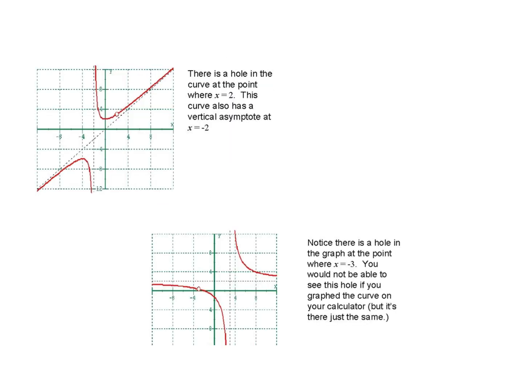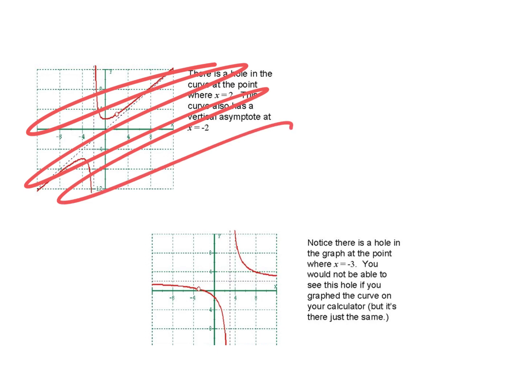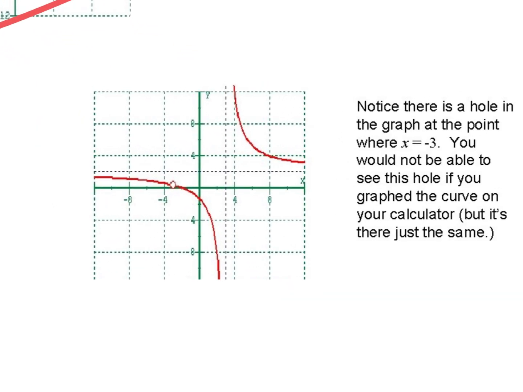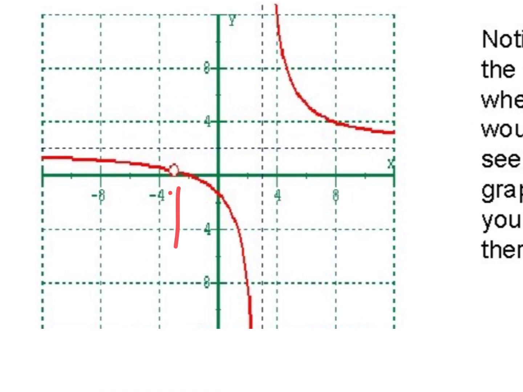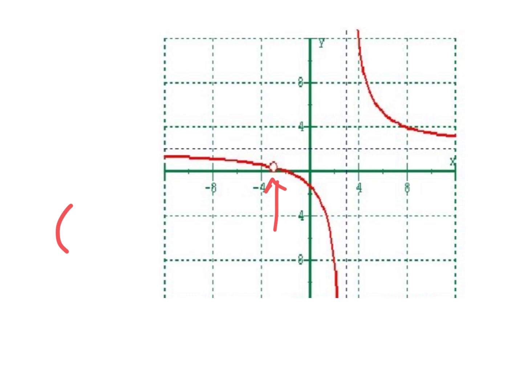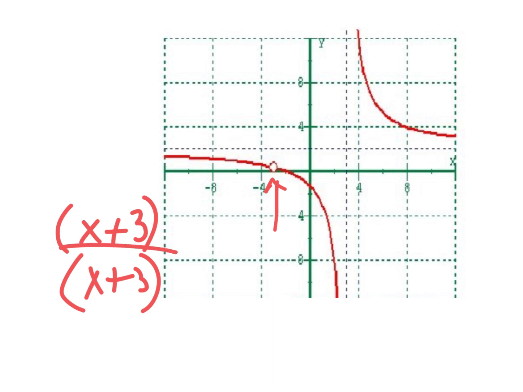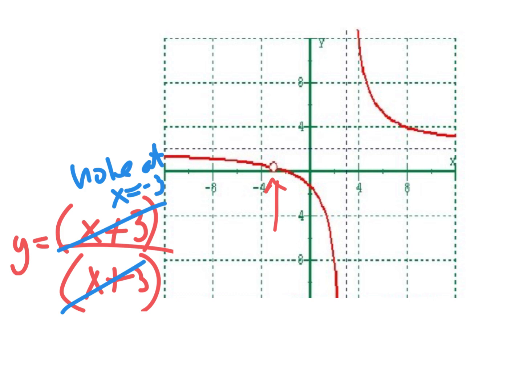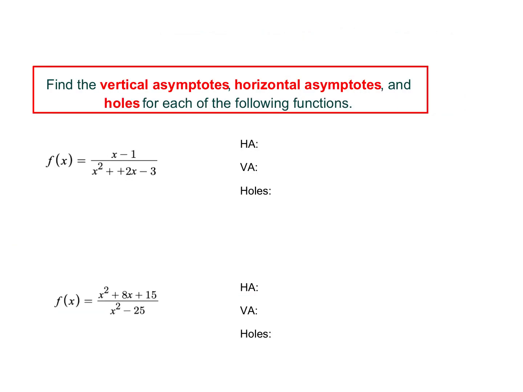More slanty asymptotes, so don't even bother looking at that. We're not going to confuse you with that. But this one, you see how it's got a hole right there? That's what a hole in a graph looks like. And it happens when you got an x plus 3 over x plus 3 in your problem. That makes a hole at x is -3. See, that's what a hole looks like. All right. So now,